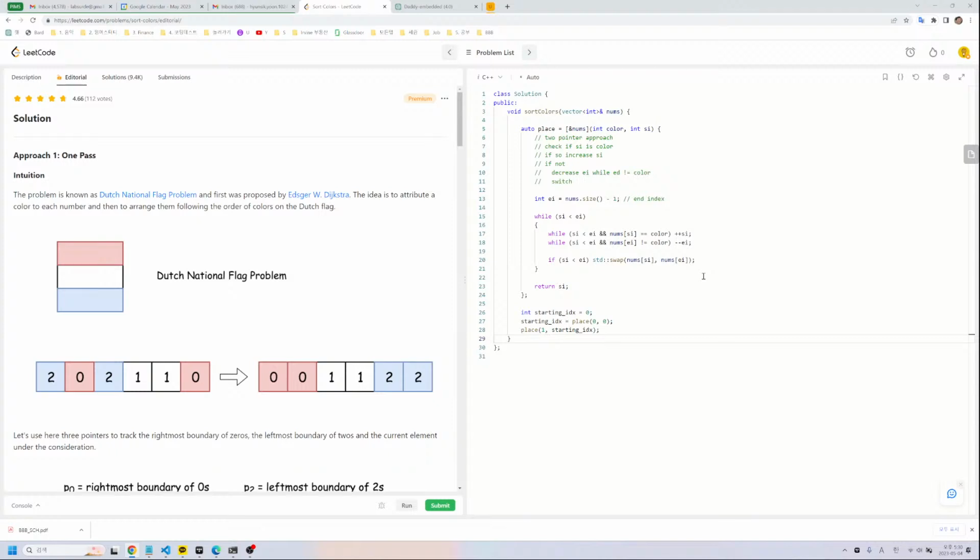And then in 2 pass solution, what I did was first try to find 0 from the end and move it to the front, and then try to find 1 and move to front. But this smart Dijkstra guy solved this with a 3-pointer, P0 and P1. P0 is boundary of